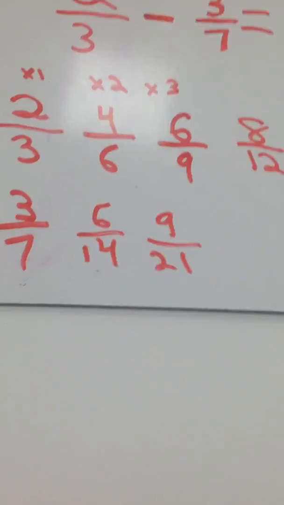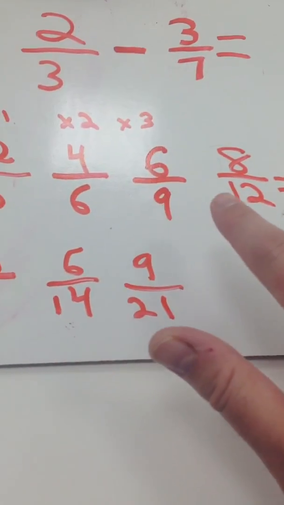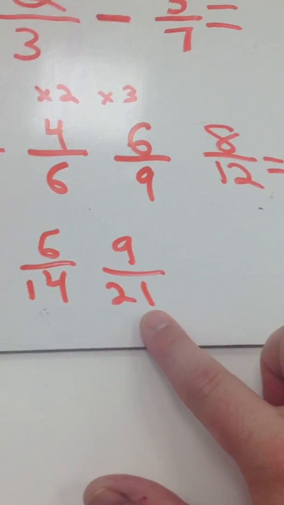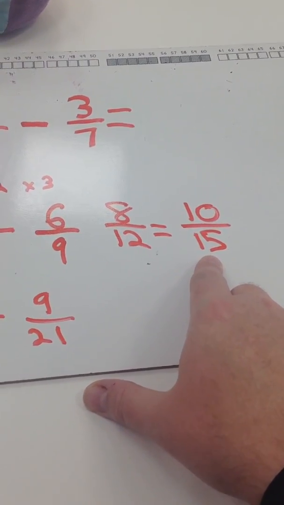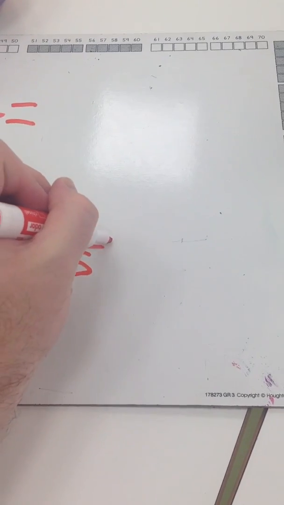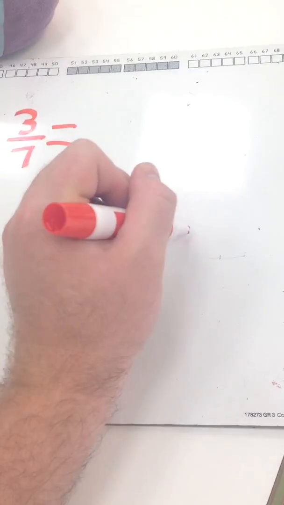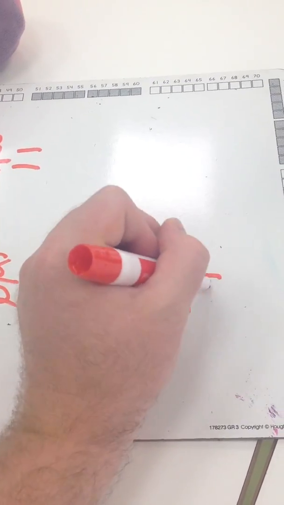Okay. And then 9/21. I'm going to look at this and remember that up on top we're working with our 3s: 3, 6, 9, 12, 15. Now we've gotten to 21 down here. So the highest denominator we've gotten to on top is 10/15, and down here we've gotten to 9/21. So we're going to keep going up here and see if we can make that work. So 2, 4, 6, 8, 10, 12/18, and